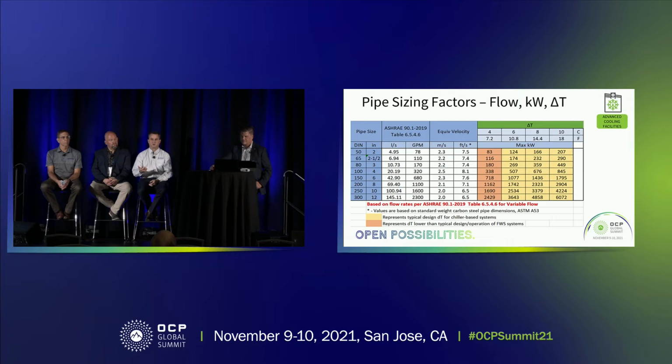Now, one of the things that I want to mention also is we go as low as about 7.2 degrees Fahrenheit, 4 degrees centigrade, and we go up from there, and I think we stop at 18 and 10. The reason why we didn't go any lower than 4 degrees centigrade is because, one, it's very rare that people are going to go to that low of a differential temperature on their system. The reason we stopped at 10 degrees centigrade is because